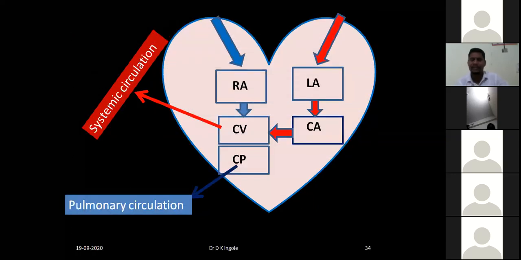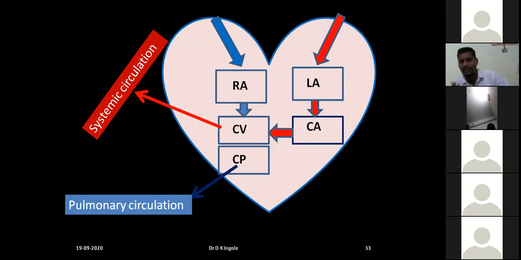Like the crocodile, mostly in the crocodile. In crocodiles, they have a four-chambered heart. But in that four-chambered heart, there is one foramen of Panizza. That will help in the transfer of oxygenated and deoxygenated blood. So this is based on the temperature and on the pressure gradient into the left ventricle.